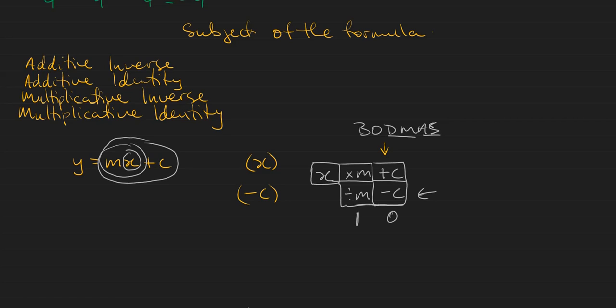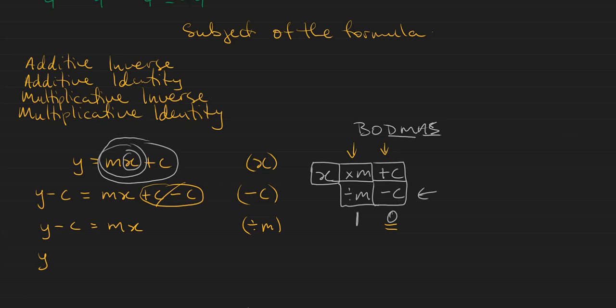So I'm going to minus c, and I'm going to get y minus c equal to mx plus c minus c. And I can see right away that this gives me 0, as I already established. Now I end up with y minus c equal to mx. The next thing I have to do is divide by m. So I divide both sides by m,